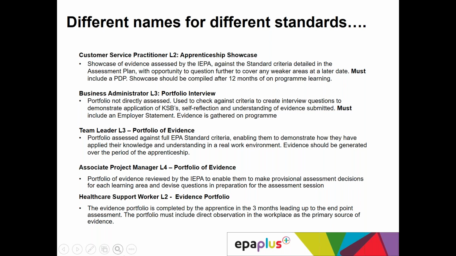So it will be used to check against criteria, and we will then create interview questions to demonstrate application of KSB, self-reflection, understanding of evidence submitted. It has to include an employer statement, and the evidence is gathered throughout their time on program. So how this generally will work, we will literally sit and assess the portfolio into the criteria, and then if